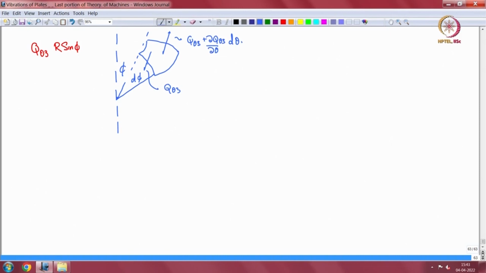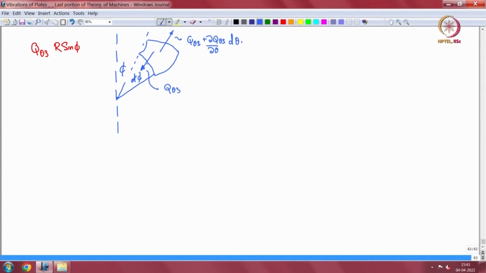Now ideally they should be pointing right towards the center, both of them should go through the center,